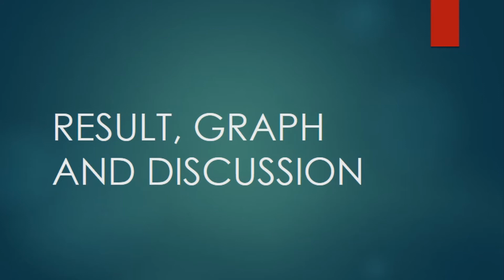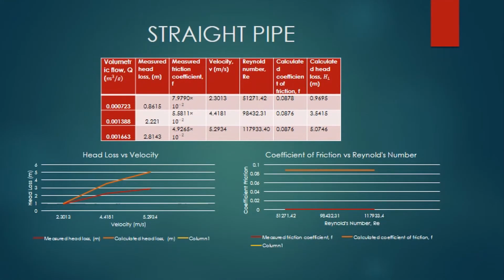So today I'm going to continue presenting about the result, graph and discussion. Today it consists of four types of experiment that we have gone through, which first one is the straight pipe. So as you can see, the data for the straight pipe, also the two graphs that have been